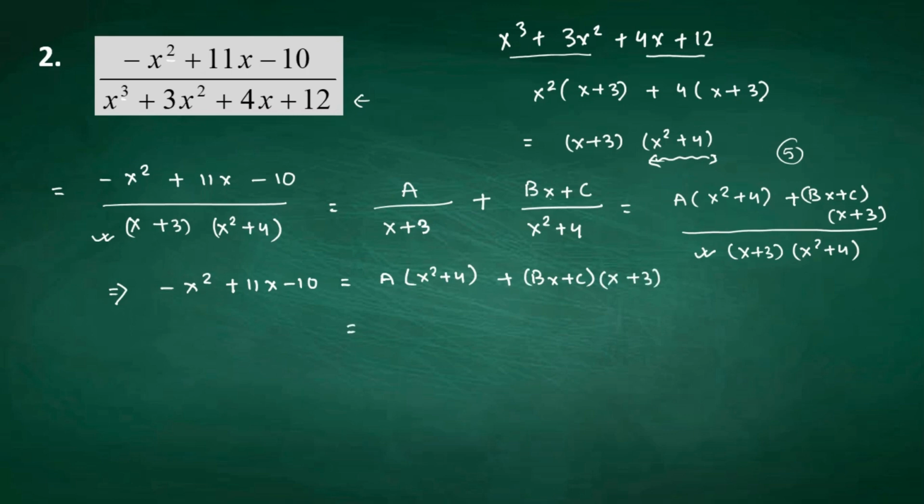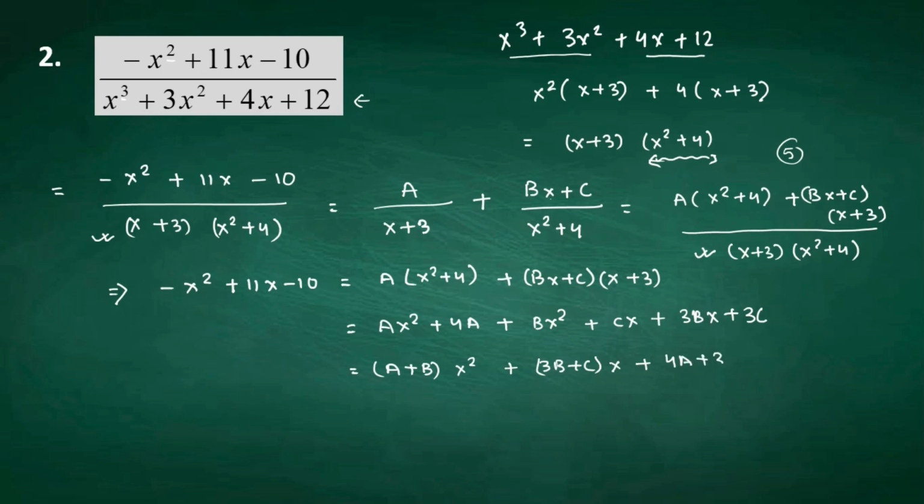So if you open up the brackets, you get ax square plus 4a plus bx square plus cx plus 3bx plus 3c. And if you make it in the pairs of x square, x and constant, you will obtain a plus b times x square plus 3b plus c times x plus 4a plus 3c. Alright, now if you compare the given polynomial with this expression, you obtain the equations, the